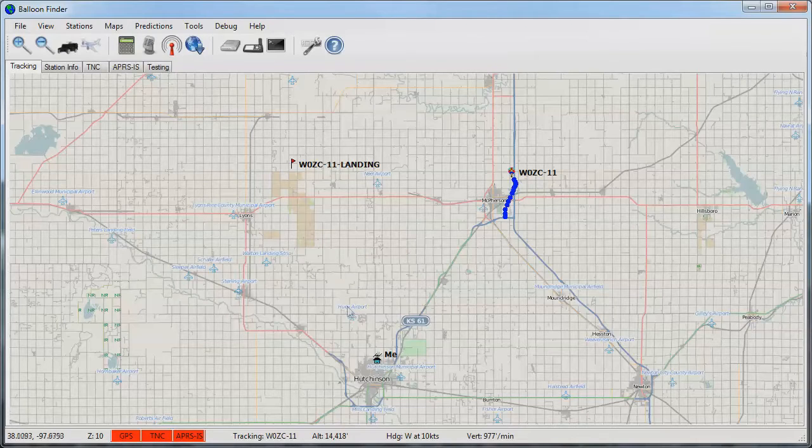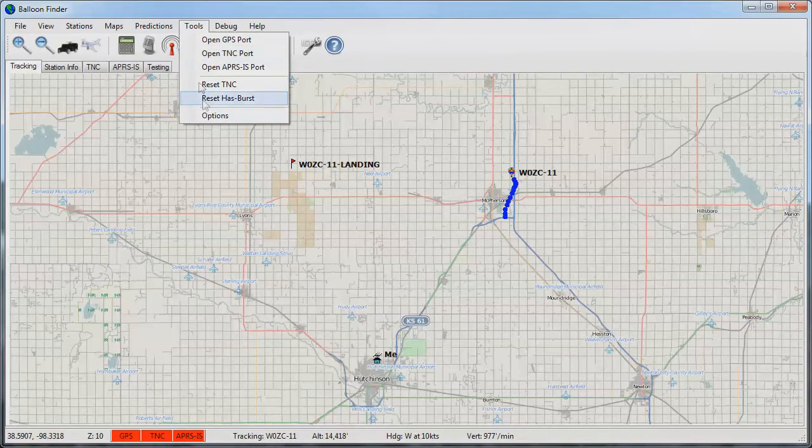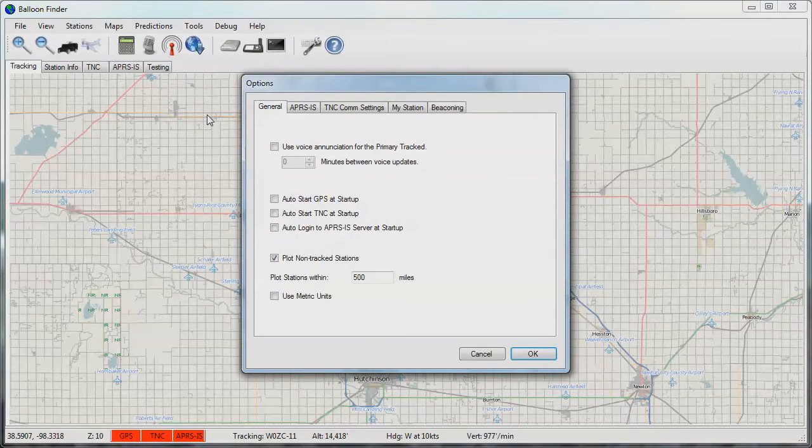Once Balloon Finder is started, in the toolbar go to Tools and Options. This will bring up the configuration screen. Starting with the General tab, the Use Voice Enunciation for Primary Tracked is an option of whether or not the Balloon Finder should speak the position of the primarily tracked station. If you turn this on, in this case every 5 minutes the program will speak the altitude, speed, and position